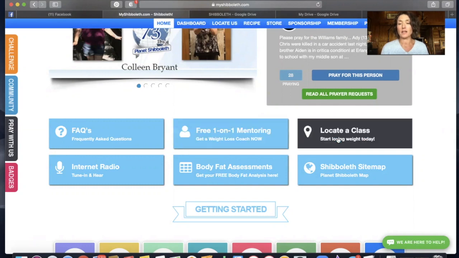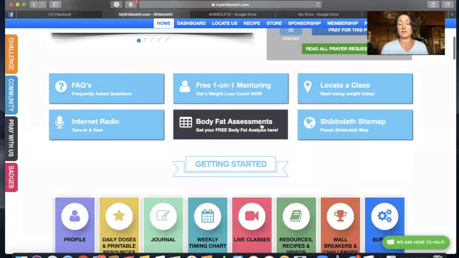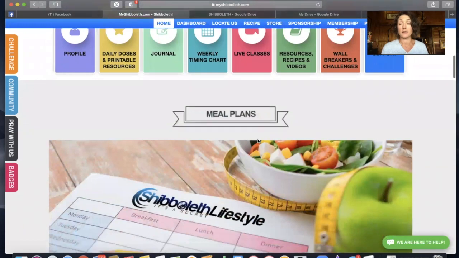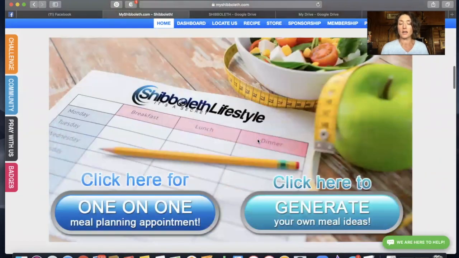You can locate a class here if you want to see if there is an online class being offered or an on-site class being offered, and what class that is. You can do that here. And there's body fat assessments, which are pretty cool. And then you just get right back down to your tabs that you can check. Click again to get you back to your My